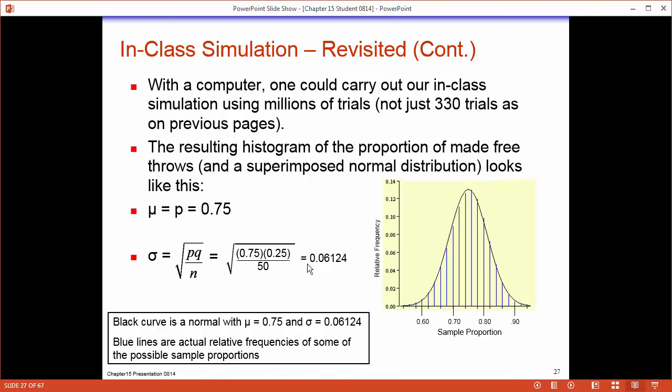If you'll notice, the standard deviation would get smaller as n increases. And think about this. If I were to go out and shoot 1 free throw, I can't even make 75%. You'd have a lot of 0% and 100%. This graph would look crazy, and we wouldn't pass the success-failure condition. That's why we couldn't use the normal. So we violate it: you need at least 10 successes and at least 10 failures.